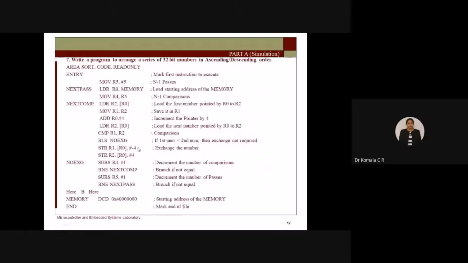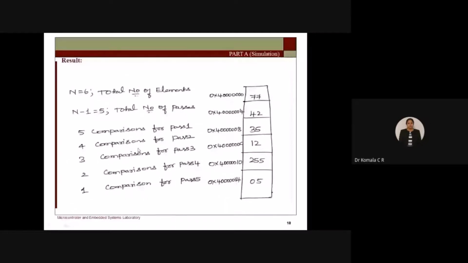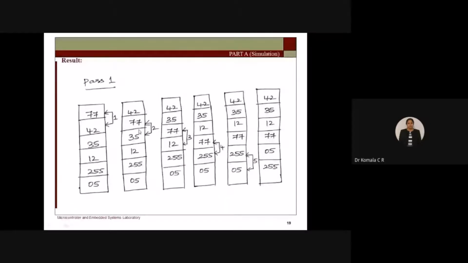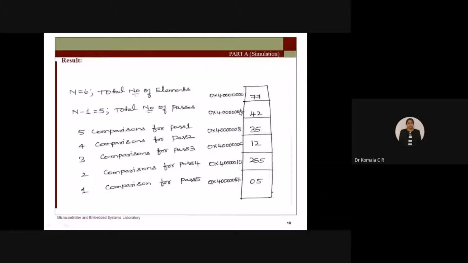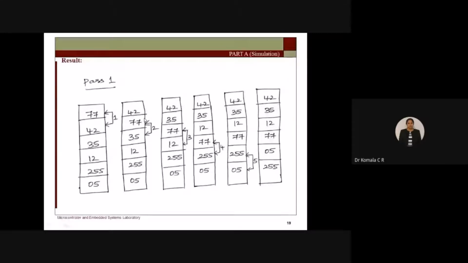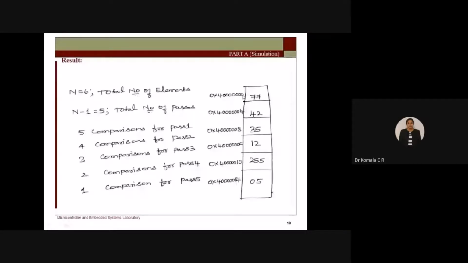By the end of the execution of this store instruction, what will the processor do here? It will first load the content of R1, which is 77, to where R0 is pointing, location 4, the second cell. Once it finishes storing 77, R0 gets decremented by 4: 4 minus 4, you go back to location 0 now. Now R0 is pointing to the first cell. Now the R0 pointer is ready.